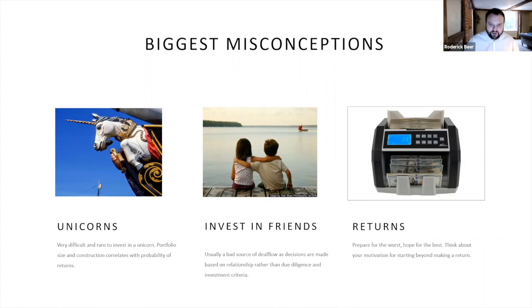It's not all about unicorns. It's about great, solid businesses that can grow, scale, and get an exit as well. And that exit, I'll get into that, isn't necessarily an IPO. It's more about companies that can trade, sell, and get good returns and turn that over. Also, Andy, you want to cover a bit about how it's not really investing in friends. There are friends and family rounds, and they are important, but actually this is taking a professional approach to investing.